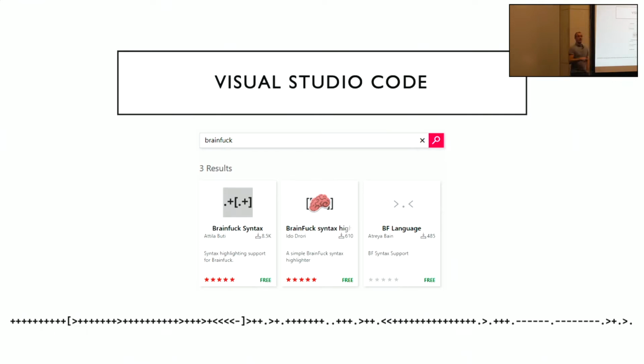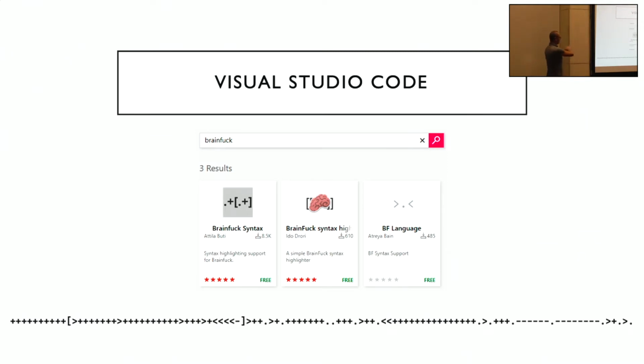completely stupid languages, Brainfuck being one of them. If you never had a look at Brainfuck, it's a fantastic language where you have 8 symbols, so plus, greater than, square brackets, and you can do things with that. If you have never played with such languages, you should have a look at the code golf section on Stack Overflow, and there are people doing actual impressive things using this kind of languages.